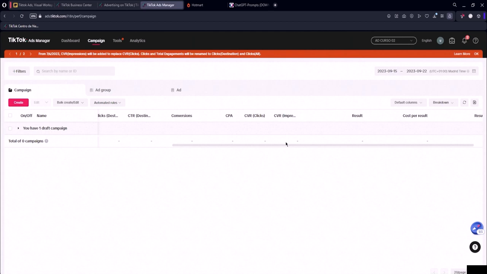In CVR clicks, click-through rate, all the clicks you've obtained on your ad will be displayed, from people who click to view your ad to those who click to access your internal page or instant page. We also have the CVR impressions, impression conversion rate, which represents the conversion percentage based on the impressions you've obtained in your campaign. And here we have the results option, which will display the results you've achieved in your campaign, from conversions to earnings. These are some of the metrics you'll track in the campaign tab on TikTok ads,